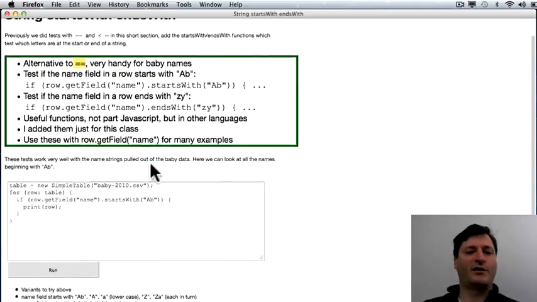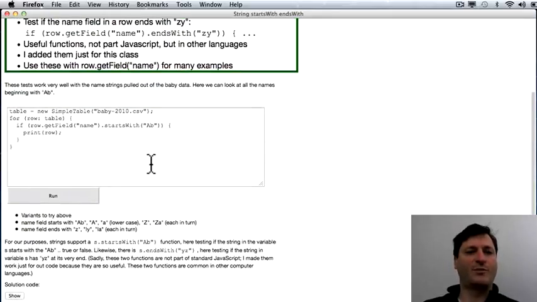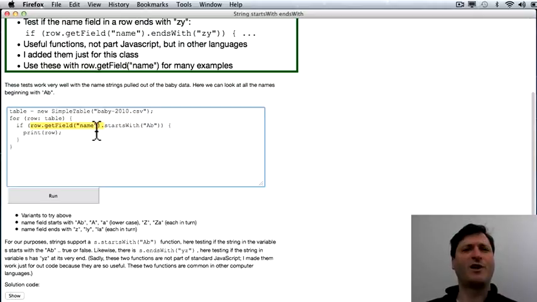To explain it, I'll just look at the code in my example here. All this is the same as we've seen before. I open the table, I have the loop, I have the if statement where I'm looking at each row. So we'll just look at the test left to right here. The first part of the test is the same as we've done before. I say row.getFieldName, so I'm pulling the name out of the row, and that's a string. And previously we've done examples like, is it equal to Abby or Robert or whatever with the equals equals